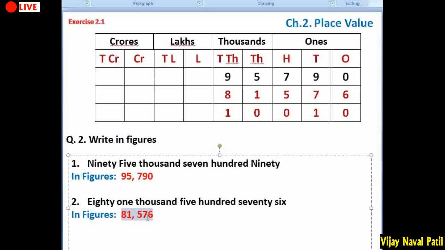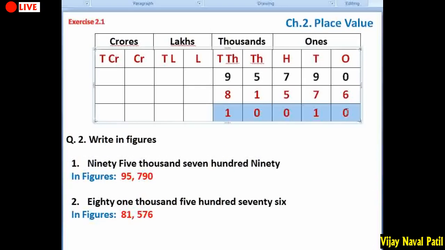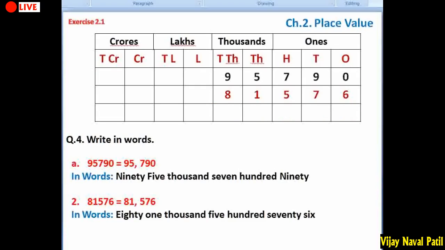So it is given under the same, but it is given in words and you have to write it in figures, that is most important. In figures, in the sense, you have to write it in digits, and you have to put the commas as per the Indian place value system. The same second number, 81,576, is given in figures. I wrote it already, but the third number is 10,010. You have to write under the same. Okay, we will go ahead to the next slide.